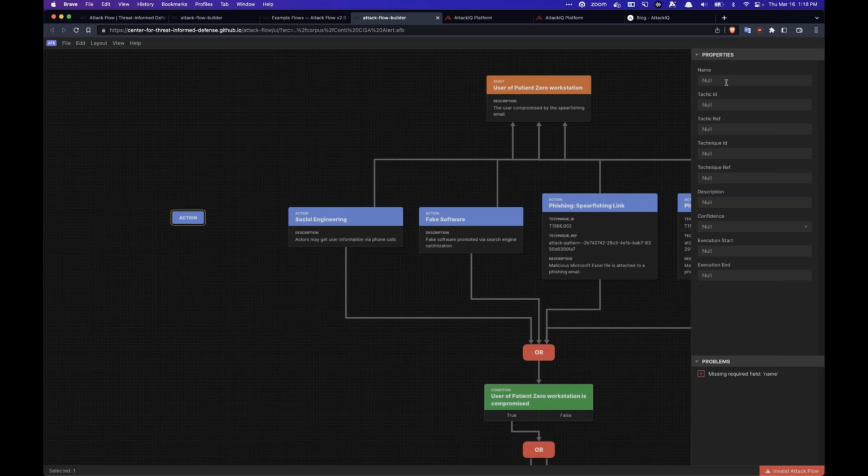So my new name, let's call this Trojanized pirated software, right? So maybe they're uploading some torrents that they've put backdoors inside of software for common programs like Microsoft Office that users might be looking for. The tactic ID, I would pull that from MITRE. The same thing with the reference and the TID, I would put in here whatever the TID is,